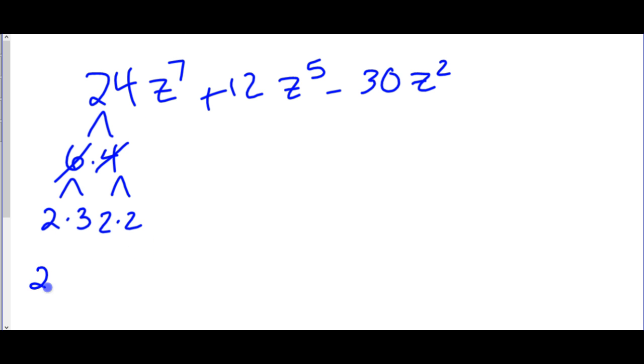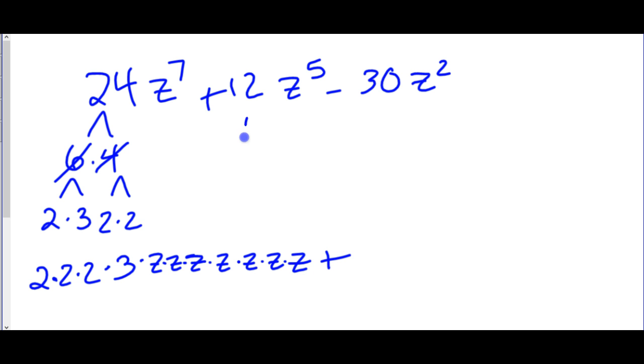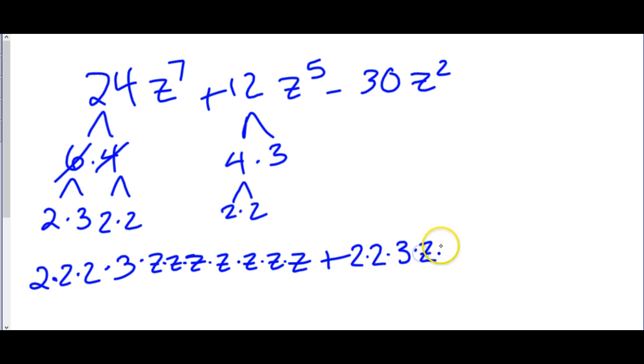Usually when we write it out, we go in order though, so 2 times 2 times 2 times 3, since all the 2's are smaller than the 3. And then z to the 7th, we're going to have to write z out 7 times. 5, 6, 7. Plus whatever we get when we simplify the next term. 12 is 4 times 3, and 4 is 2 times 2. So we'd have 2 times 2 times 3 times z to the 5th, so z 5 times, minus